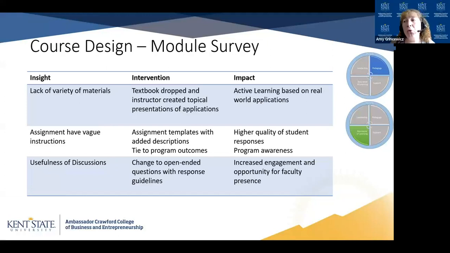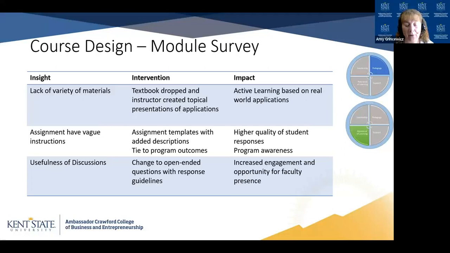The cool thing was, we've gotten a lot of feedback from the students. You can see a little snapshot of what we've done here. One of the big things is we always ask the students about the clarity of the information on the assignments. In some of the assignments, students were not understanding what they were doing. They were confused. We now have faculty reporting a higher quality of student responses to the assignments and fewer questions coming into their inbox, because we now have a template that outlines all the questions students may have. That's been really impactful.